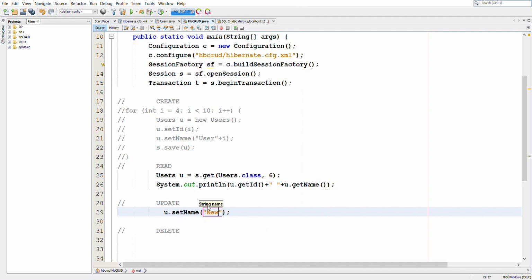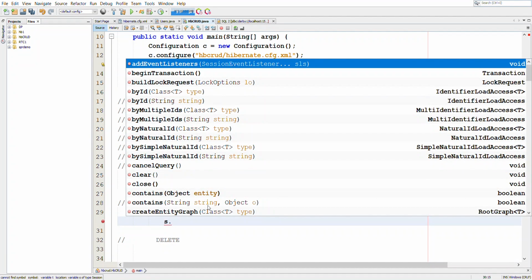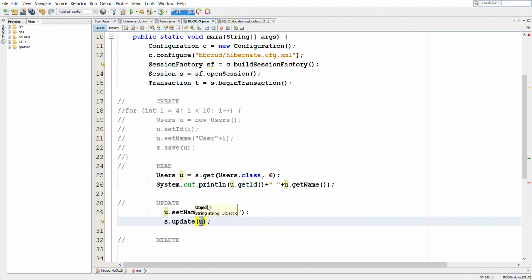So let us set this to a new name. After we give it a new name, we have changed the name of the object u. We can then call the update method, so session.update(u). So this will update the value in the table.